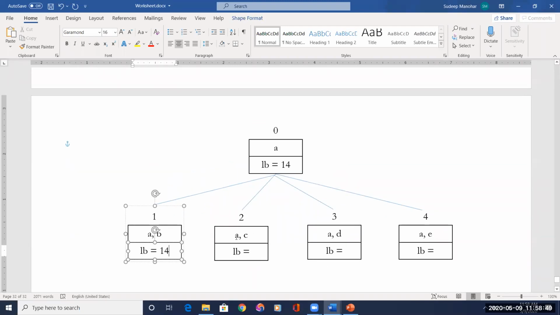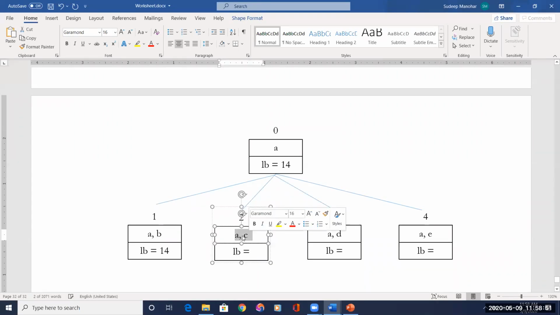So in node number 2, we are choosing an edge from A to C. While choosing this, we have to be careful. See if there are any considerations. We have made a consideration that B should be visited before C. But in this case, from A, you are directly visiting C without visiting B. Therefore, we don't consider this. According to the assumptions that we have made, we can leave this node. We are not calculating the lower bound for this because B is not visited before C.